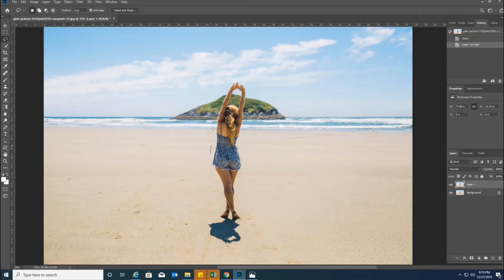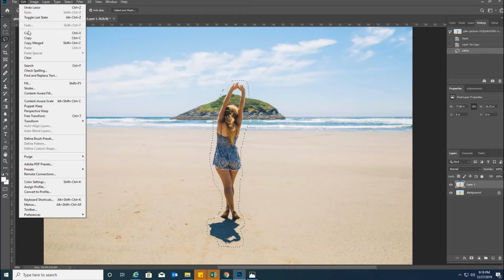Okay, so here we go. We wanna select the part of the girl where we wanna delete her. So this is including her shadow. Alright, ta-da. So we have selected the girl only,